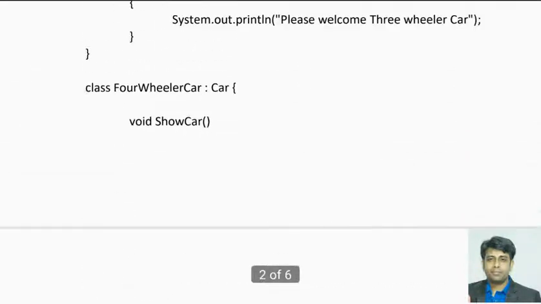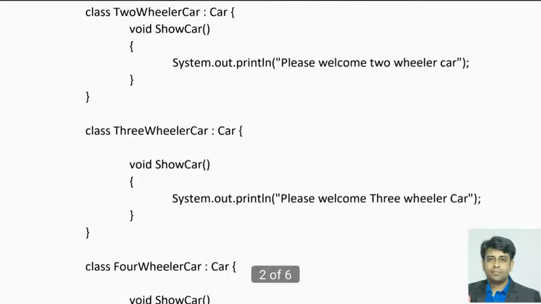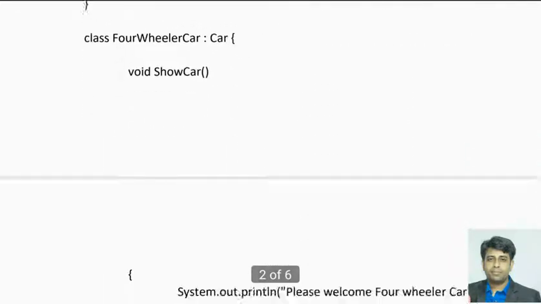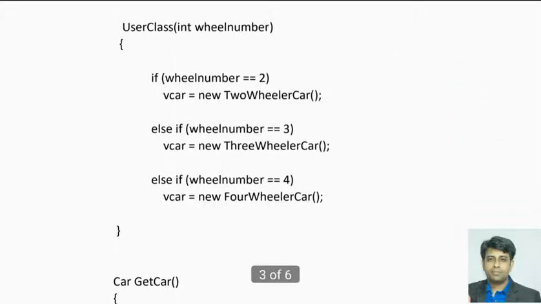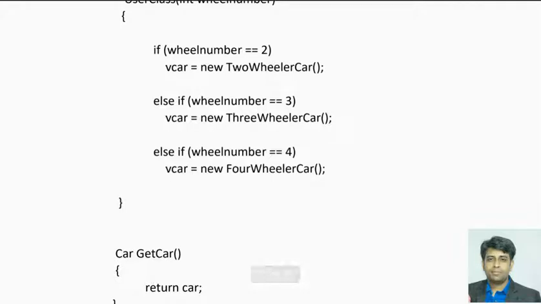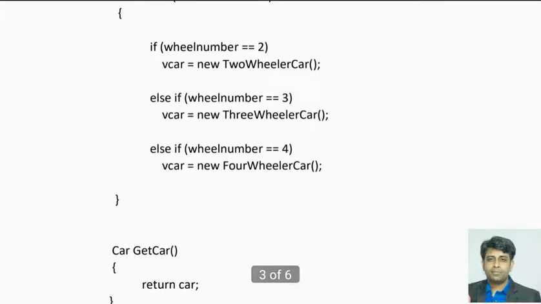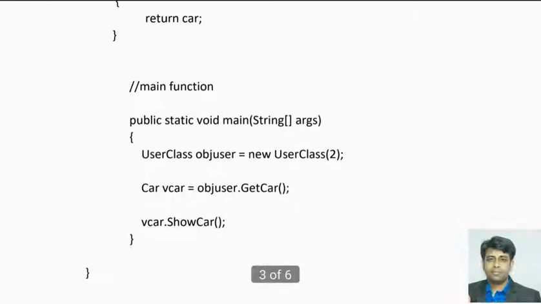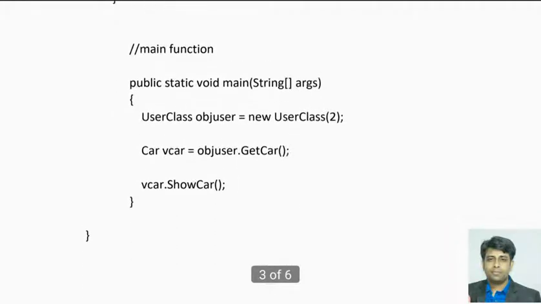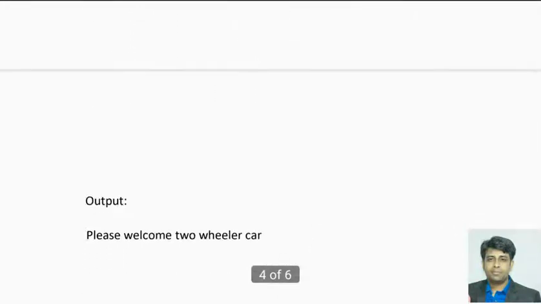Here I have added the FourWheelerCar class in the library part, and now in the client part, in the User class constructor, I have to add another else branch, because the user input may be 4, and then I should return the four-wheeler car object. So I need to add another else part in the user constructor.